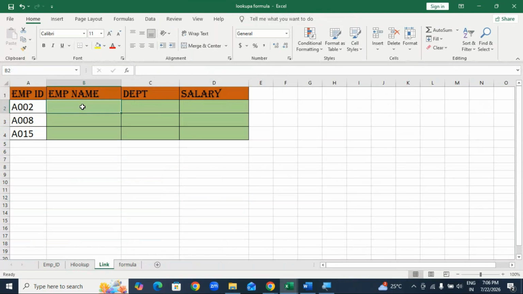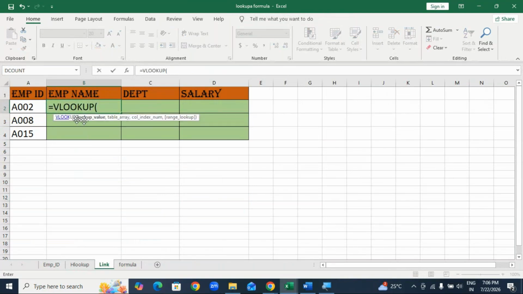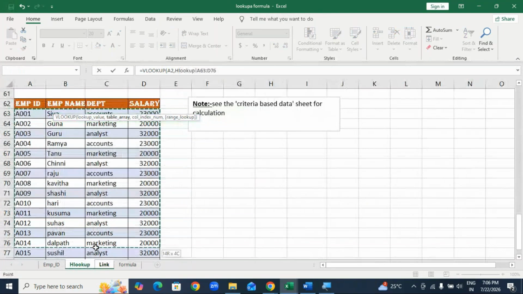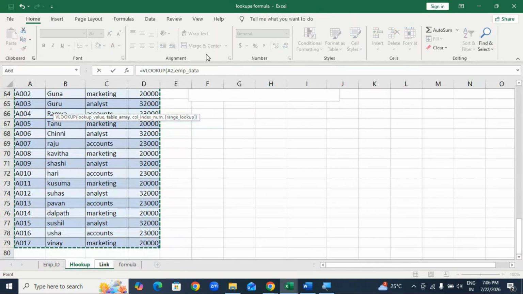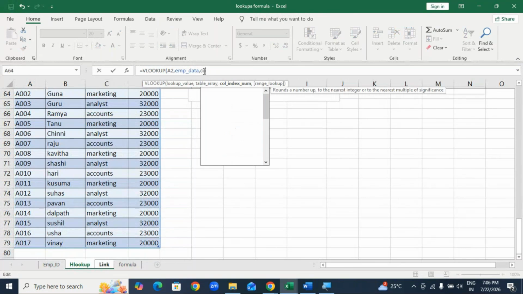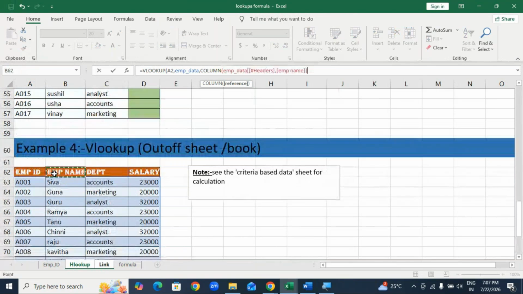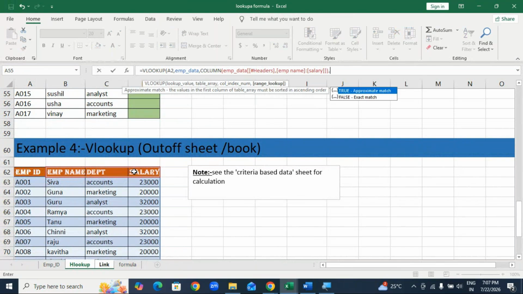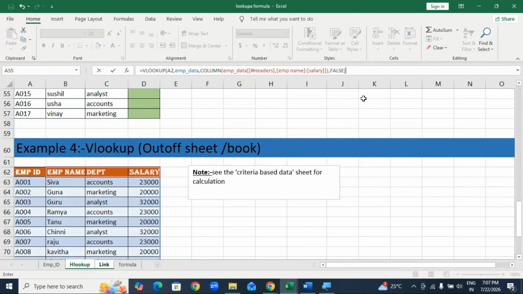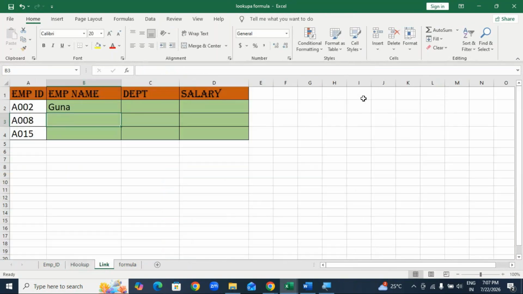Go to that, equals VLOOKUP function, lookup value, comma, previous sheet, select entire table, then click on comma, column function. Reference means nothing but table headings, close the parenthesis, then comma, exact match we need, means 0 also we can take. Close this one, enter. See, why did we get